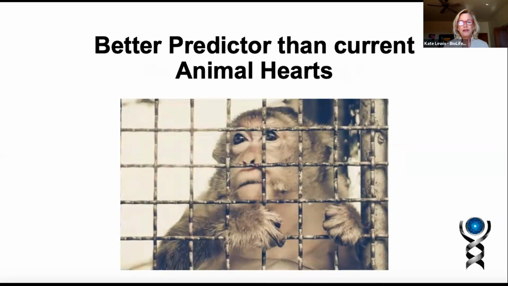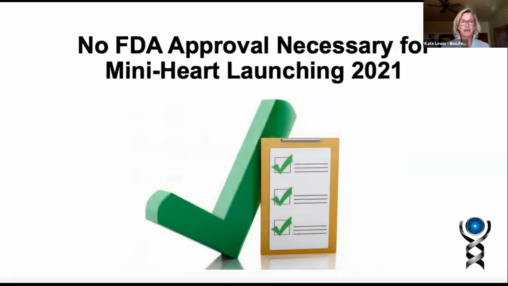The animals are the best predictor that we have right now, but animal hearts and human hearts are different. So we are going to be able to provide a better predictor for drug discovery. We do not need FDA approval. We are at the cusp of launching this mini heart in 2021, and that's why we're asking investors to come